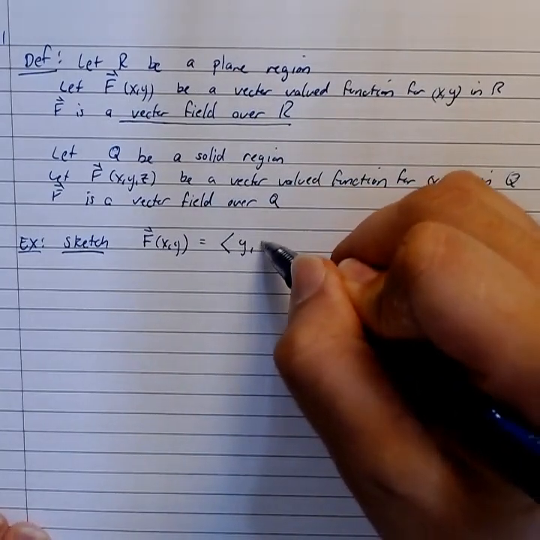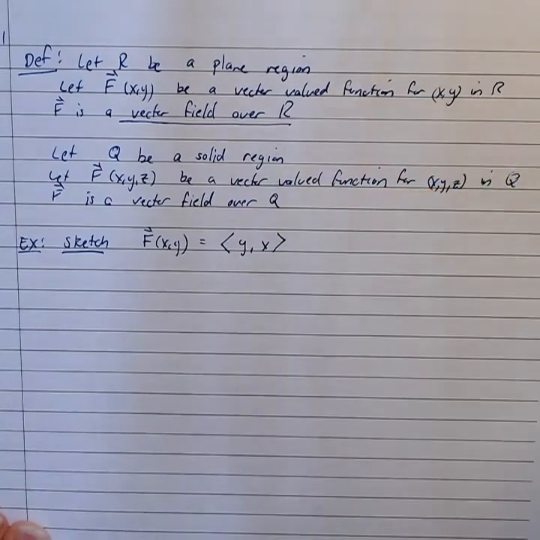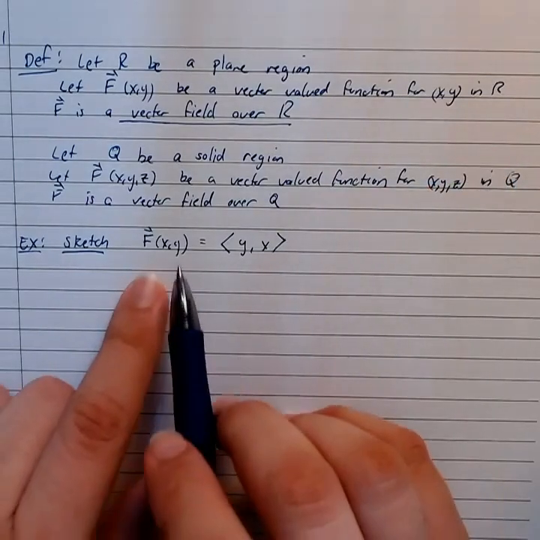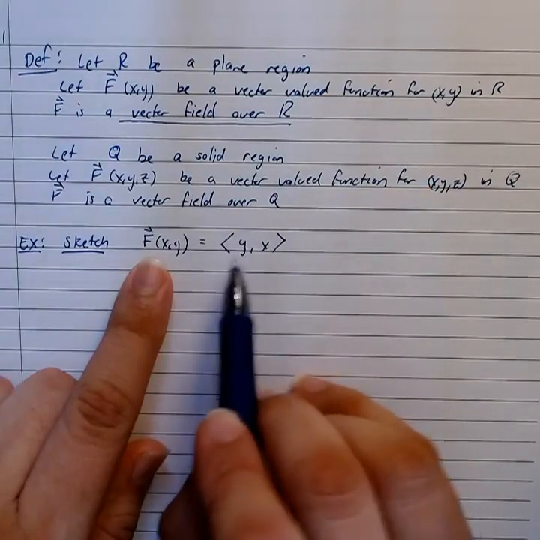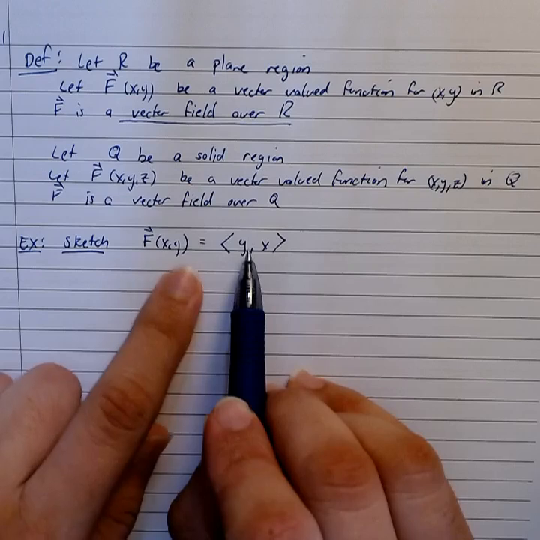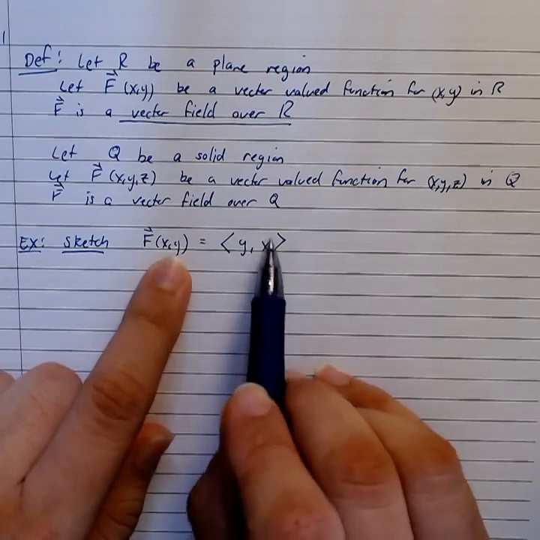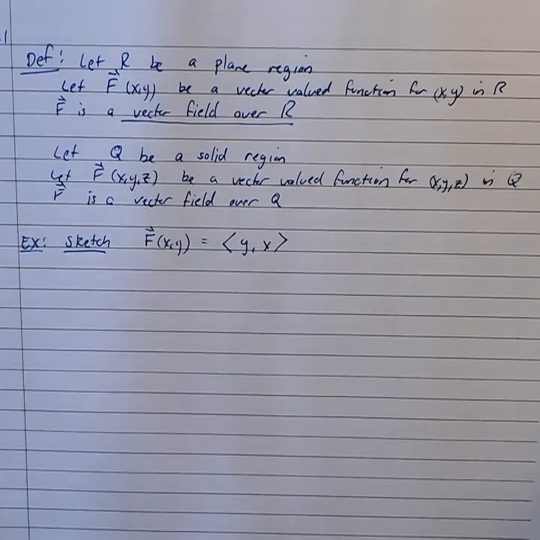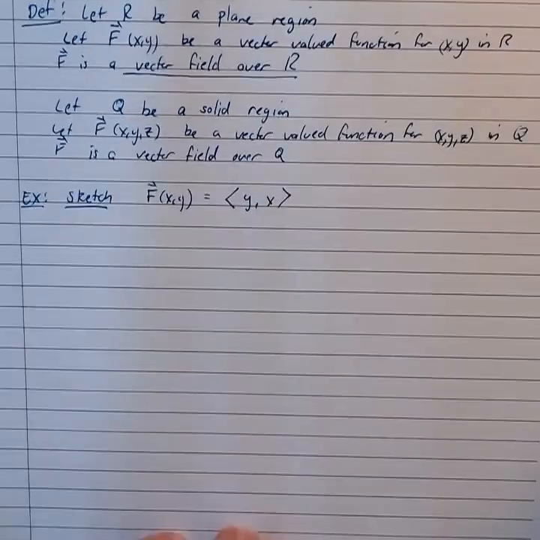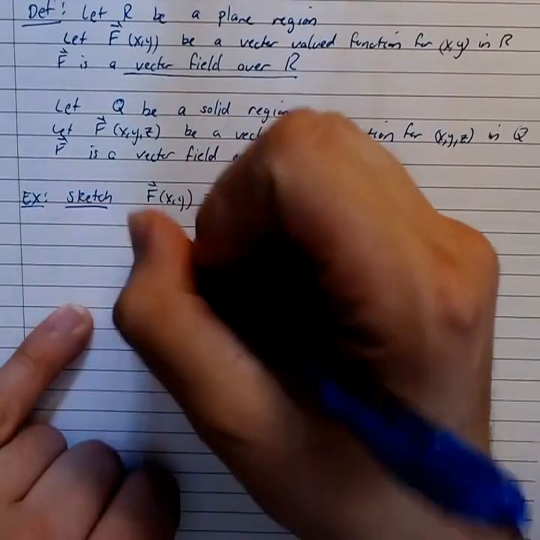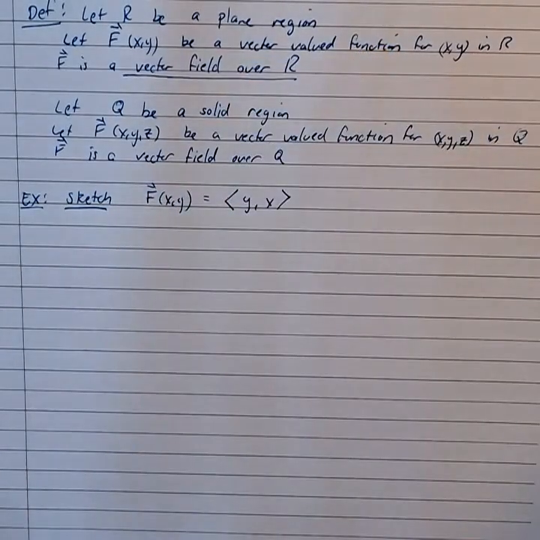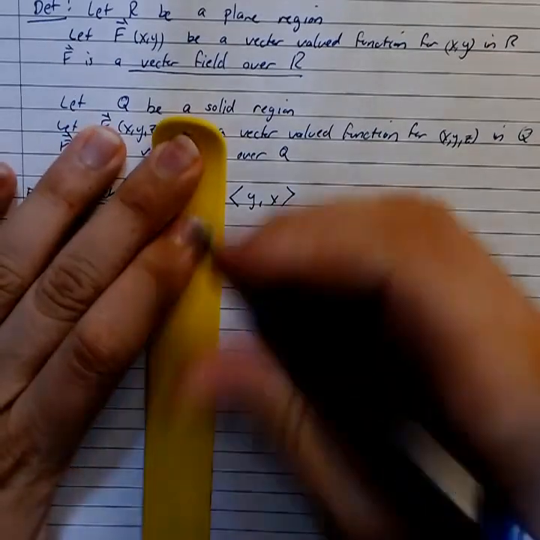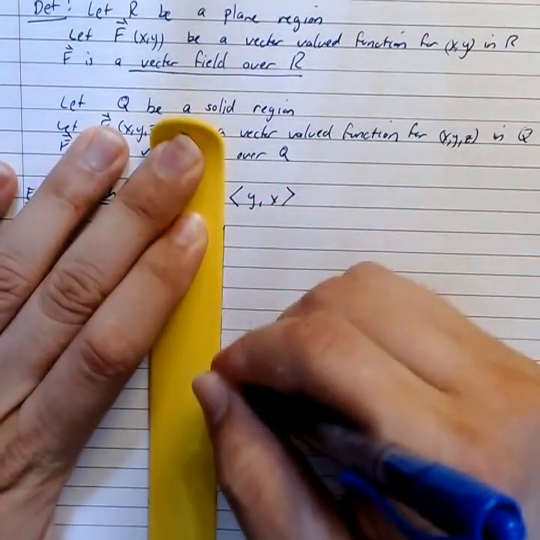y comma x. Okay, so here, if you give me a point x comma y, I'm going to give you back a vector where the first component of my vector will be that y, and the second component of that vector would be my x. Okay, something like that. So we're going to go ahead and sketch this thing, and let's begin with just a region in the plane on the xy plane. So let's go ahead and consider on the plane